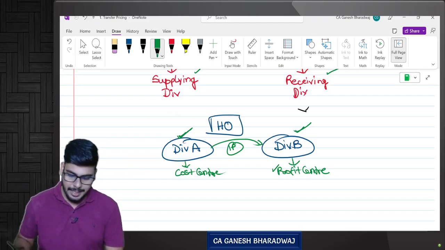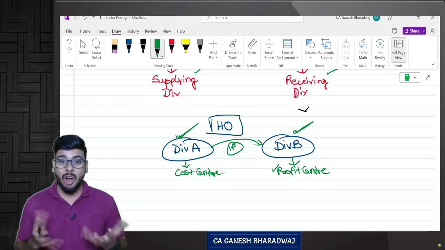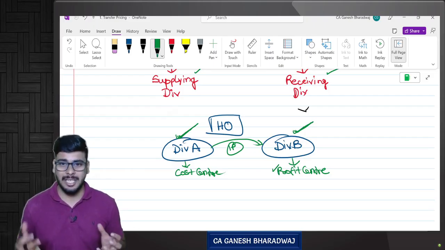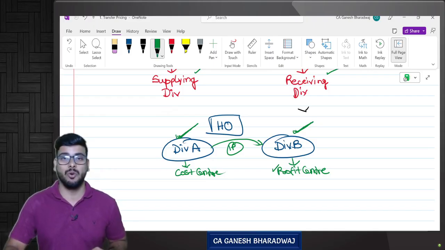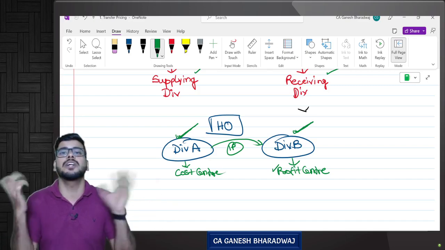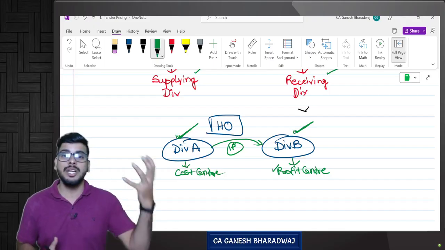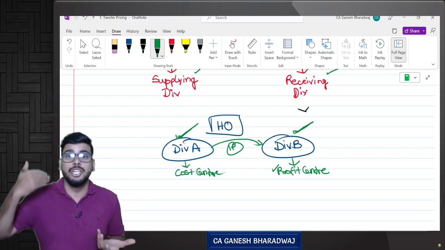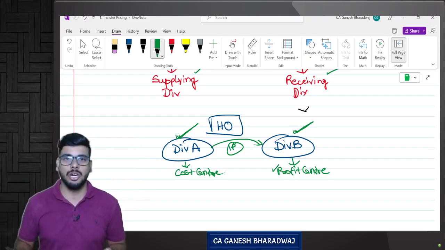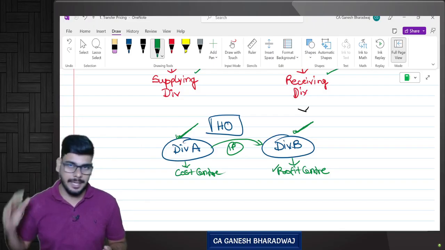So what they are saying is, look, if division A is kept as a cost center and division B alone is kept as a profit center, it will not create a healthy competition, or in other words, it will not be fair on the part of the company as a whole to judge the performance of different managers, correct or not? Because division B is a profit center, you can clearly quantify the level of profits they make, whereas for division A, there is no factor at all for you to evaluate whether they are performing well or not. So hence we have included a concept called transfer pricing.